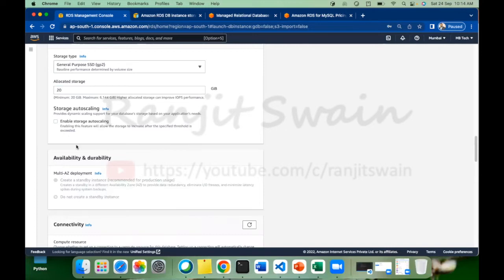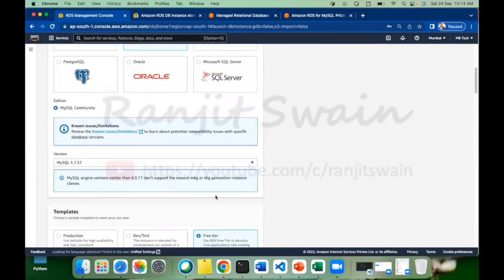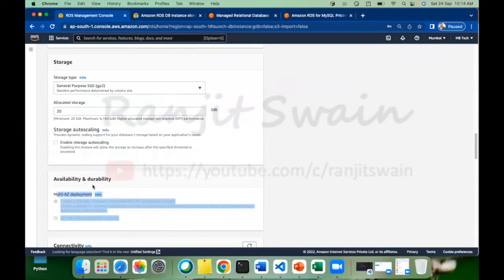Now what I need, availability and durability, as I am on the free tier, it does not give me multi-AZ deployment functionality. Okay, this option is disabled for me because I selected the free tier option. If I select the production one, then it will be